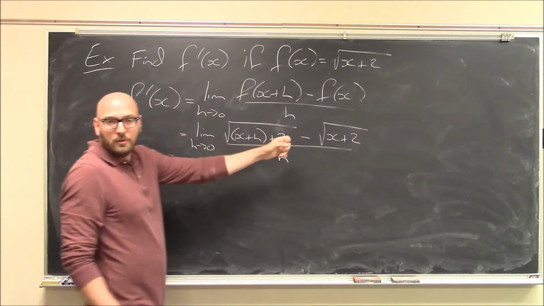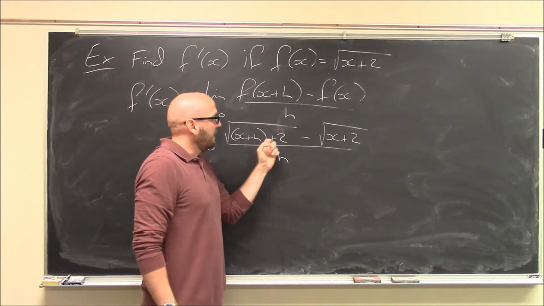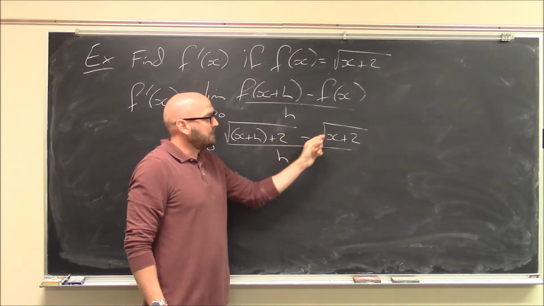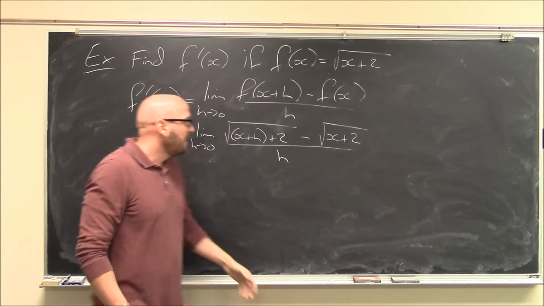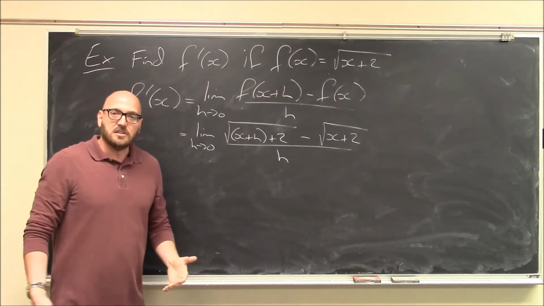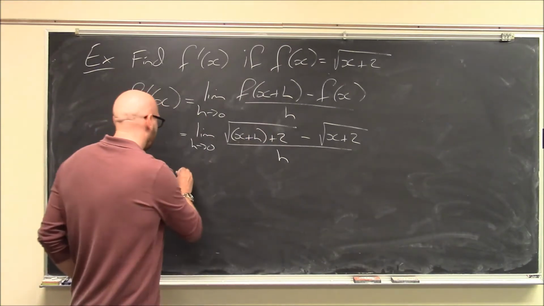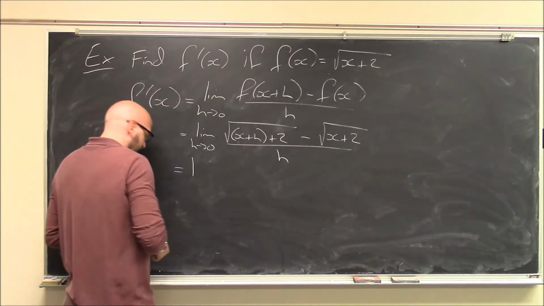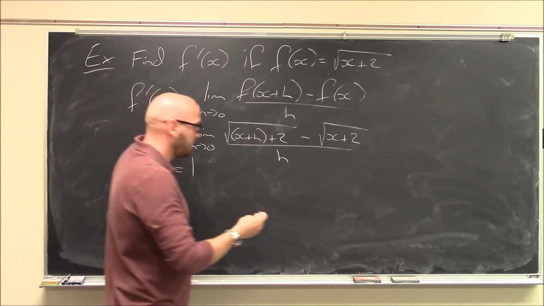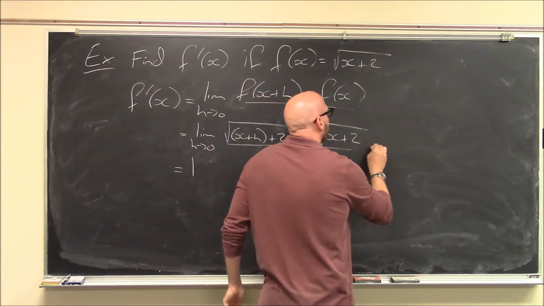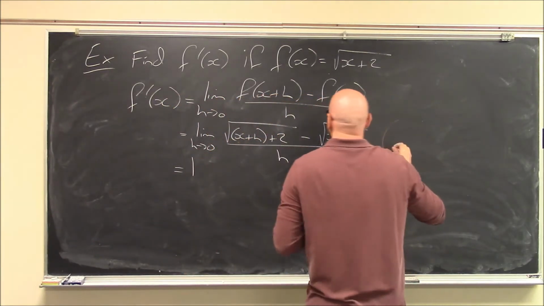Well, I see square roots. I see these radicals, and if I have a radical, a plus or minus something else, I'm thinking let's do this rationalization technique. So we'll multiply top and bottom by the conjugate of this expression. And because I'm going to run out of space, how about I just do it all up here in one line? So the conjugate of the top